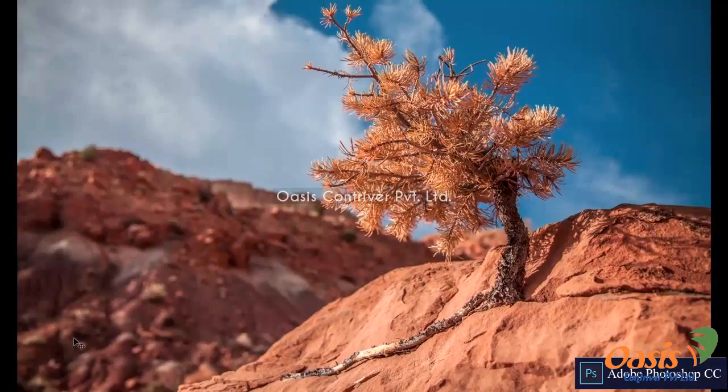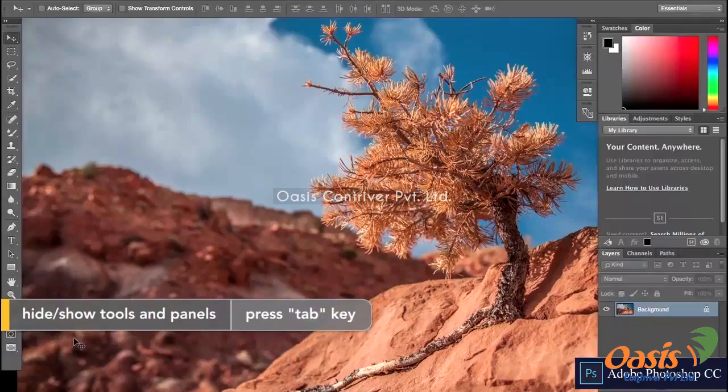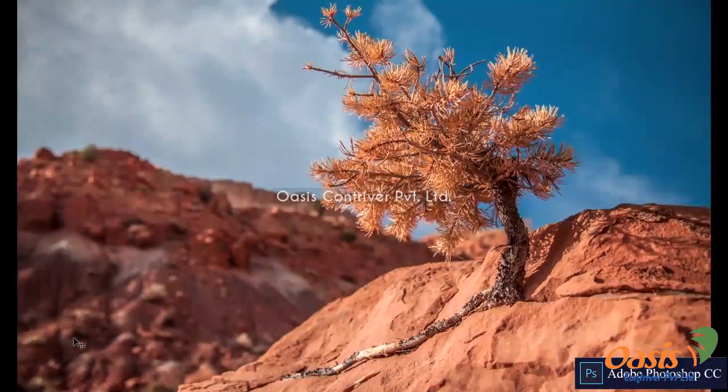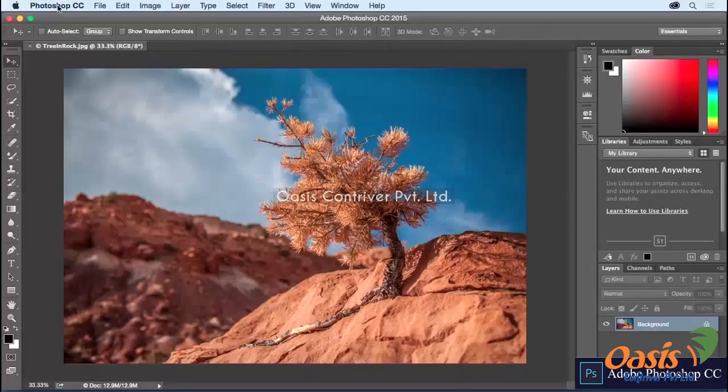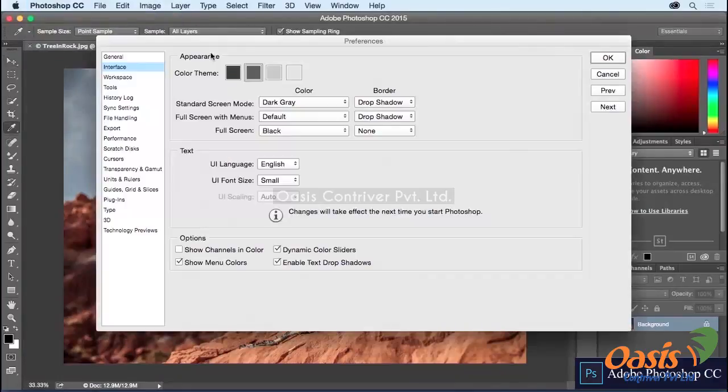Now if I tap the tab key, I can bring back my tools, the options, and all of the panels, and then if I want to hide them again, I can tap the tab key again. If I want to go into the normal or standard screen view from the full screen view, there are two ways. If you ever want to turn that off, you'll select your preferences and then interface, and you'll notice that